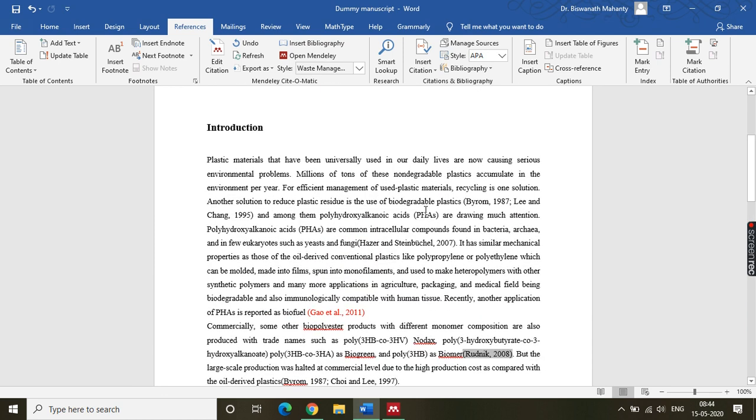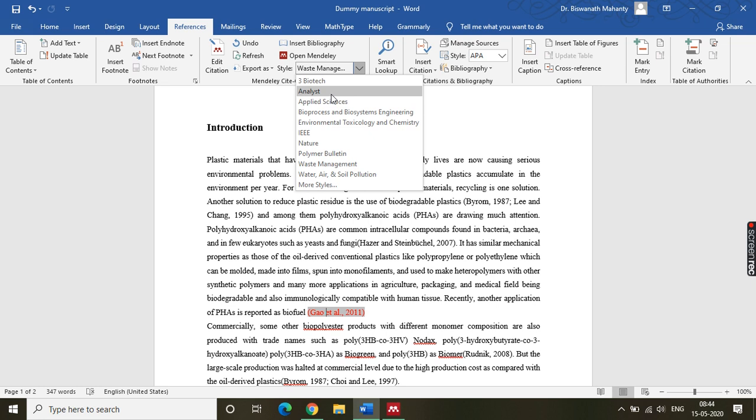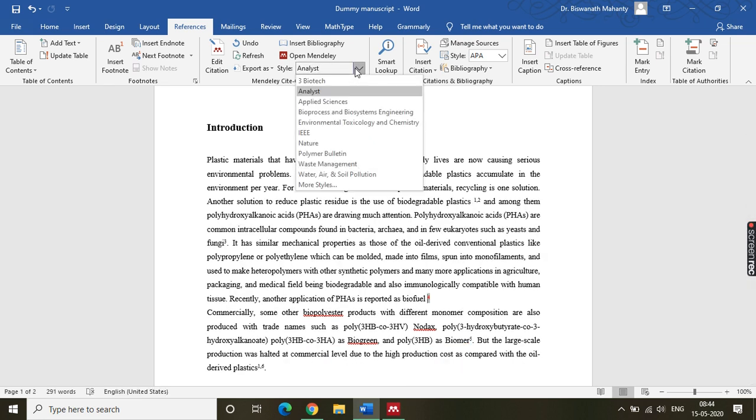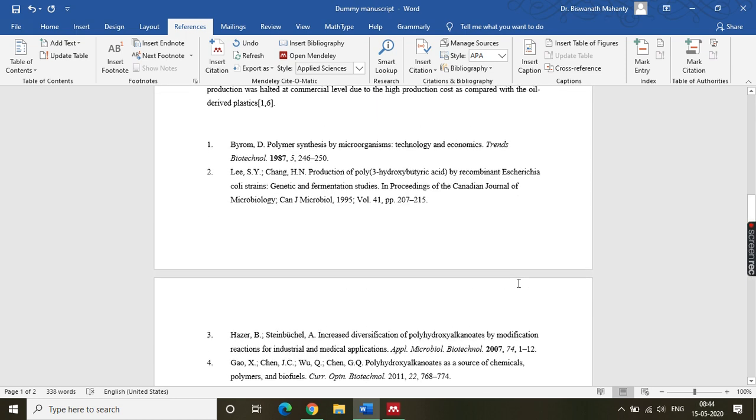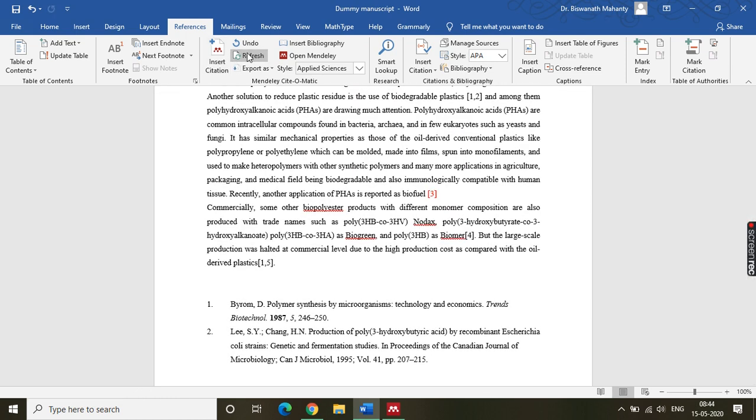Okay, so this is the way references will be done. Now for example, I want to delete one reference. I want to remove these three. I don't want to use this, no issue. So I can delete this reference, for example. Nothing to worry, your list will be updated. Just refresh. You see 5, and the numbers will be automatically 1, 2, this will become 3, this will become 4, this will become 5. So this reference arrangement, all these things will be done automatically, you need not worry.